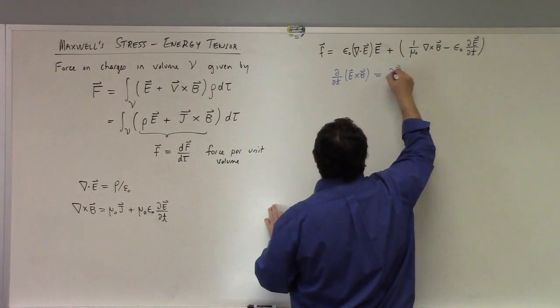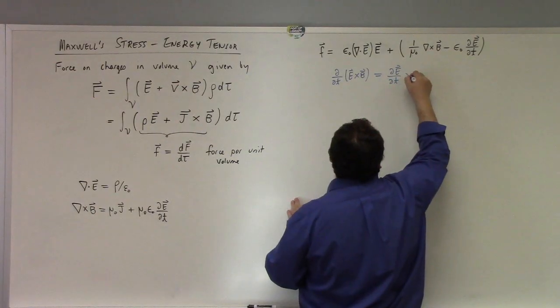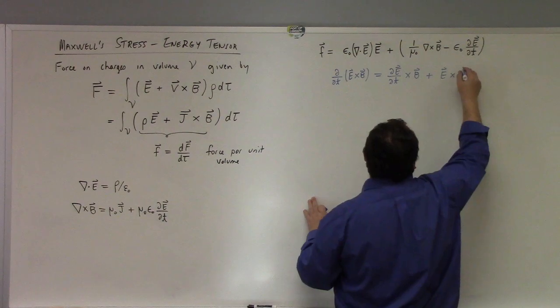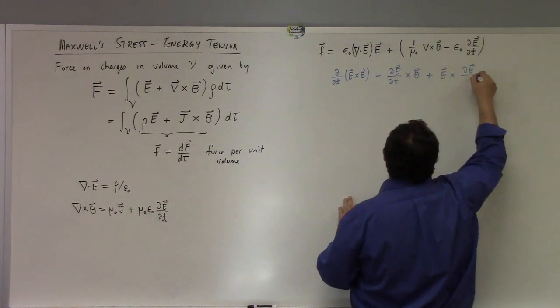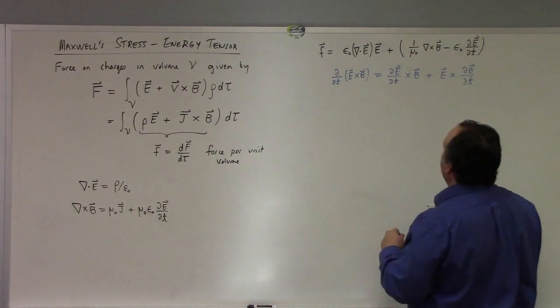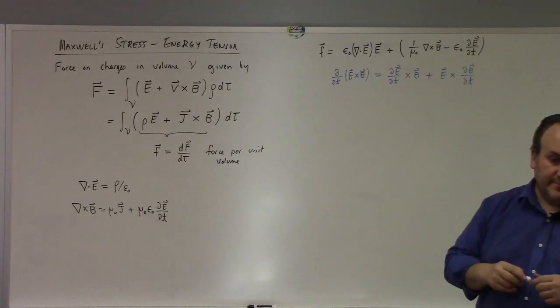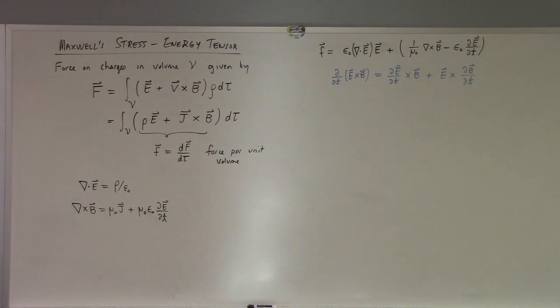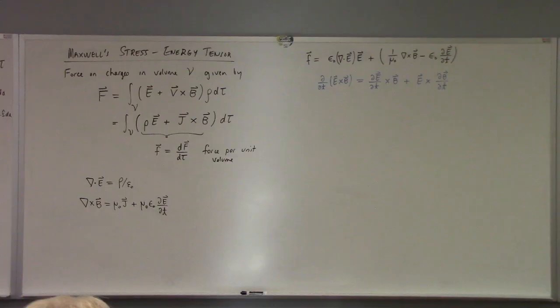So you got partial E, partial T, cross B, plus E cross partial B, partial T. Right? Now we've used 2 of Maxwell's equations so far, but why use 2 when we could use 3? Right? We also know